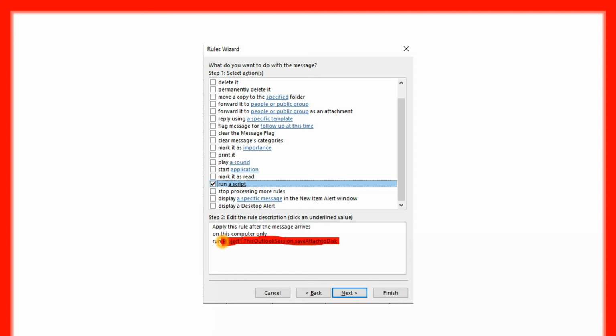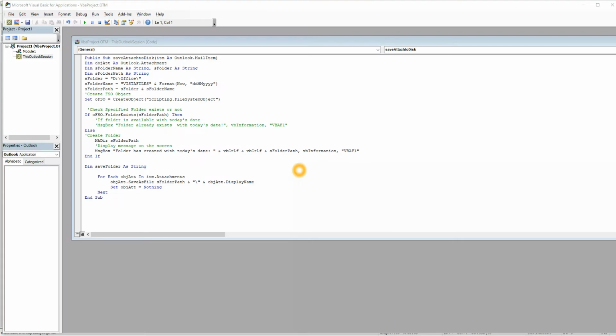Now let's go to the main thing, the VBA script. Directly I have come to the VBA project screen, and to go to that screen you have to press Alt plus F11. That's pretty simple, and then you will come into this particular screen. So, Alt plus F11, right? And I'll just go through quickly what it is like.